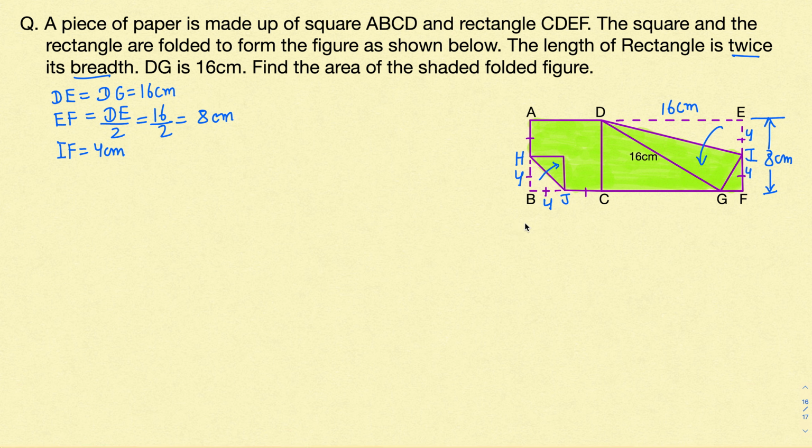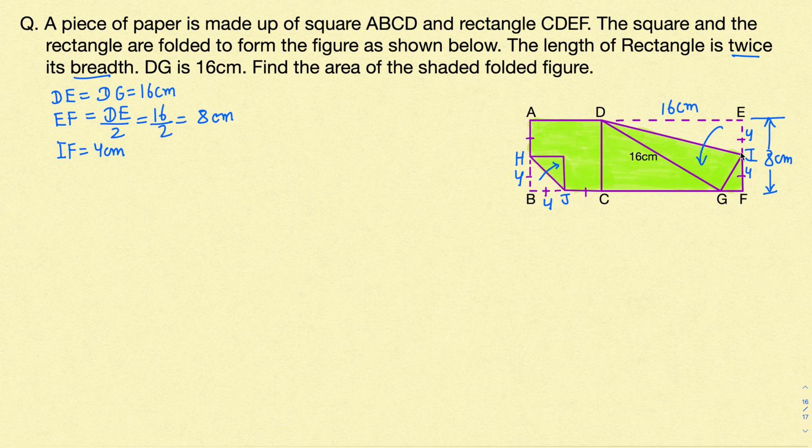Okay, so I think now we have found most of the dimensions which we are going to need for our question. So now how do we find the area of the shaded part, this shaded figure? One thing we can do is find the area of this big rectangle, AEFB, in one go, and then from that big rectangle we can minus away the area of this part